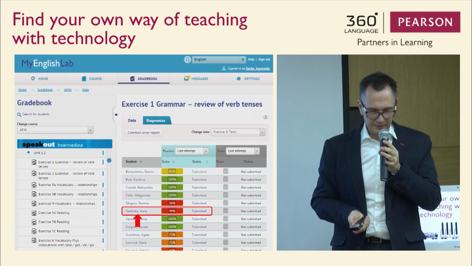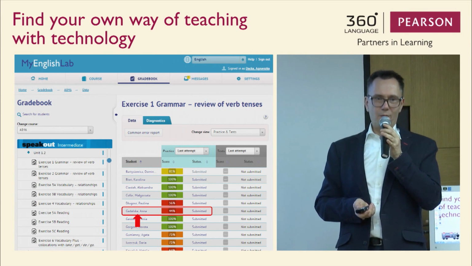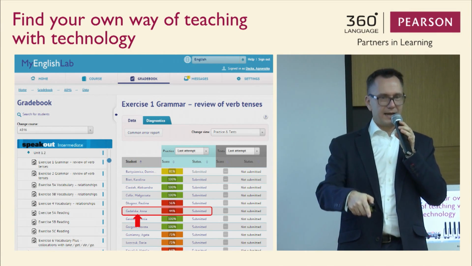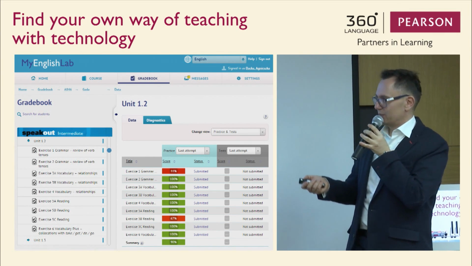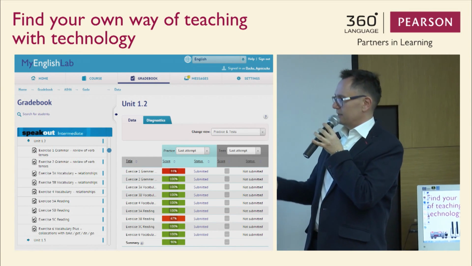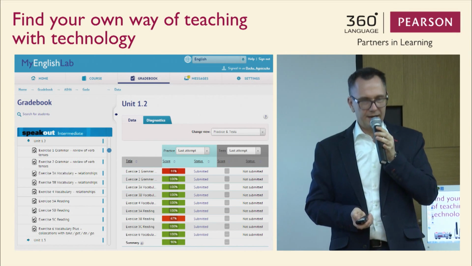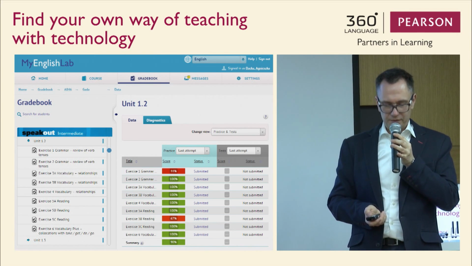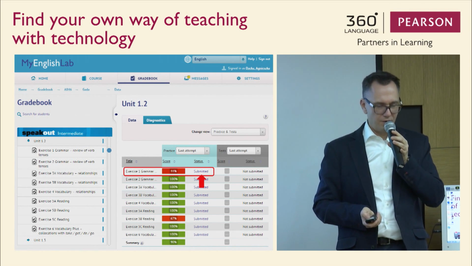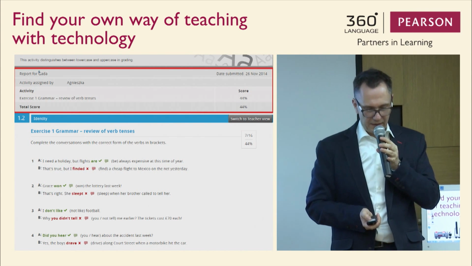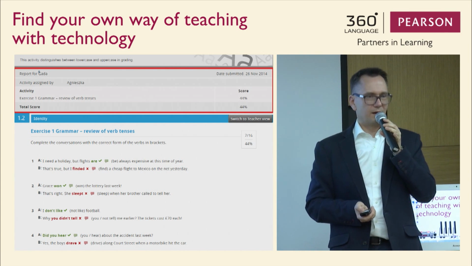And if you are interested in one student, because apparently Anya is not doing very well, you can drill down to her results, and you will be able to see that perhaps it isn't as bad as you thought, because she has done quite a few exercises well, but it's just 2 or 3 which she's having problems with. So if you want to have a look at the exercises that are problematic for her, you click on the preview and you will be able to see, so this is what Anya's problems are, right?